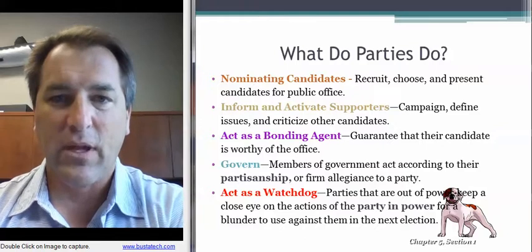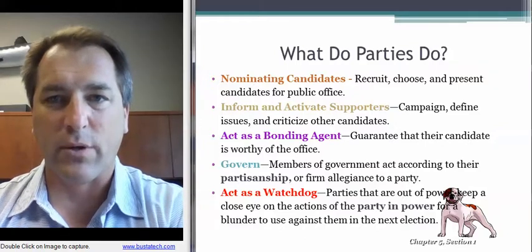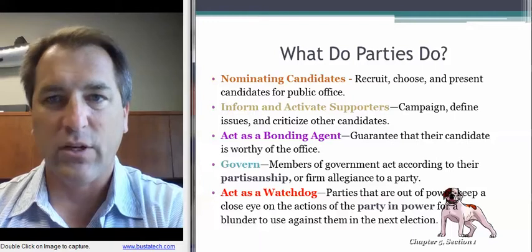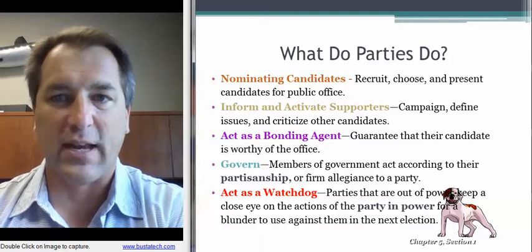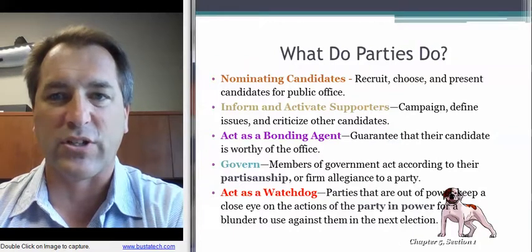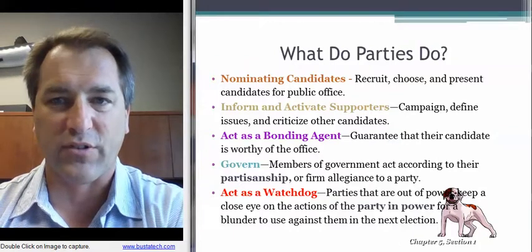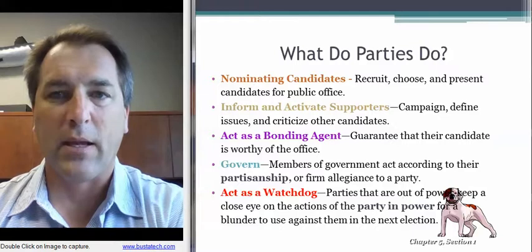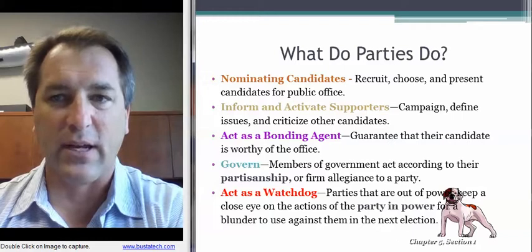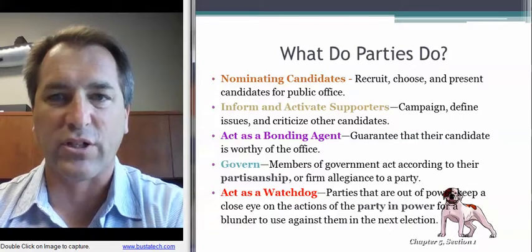Fifth, if they are the party out of power, in the case of currently, the Republicans do not have the White House, so they are the party out of power. They're going to sit back and criticize the Democratic president, Barack Obama, and point out all the pitfalls and act as a watchdog, and to point out any errors on the side of the other party. So those are some of the main functions that you'll see the parties doing.